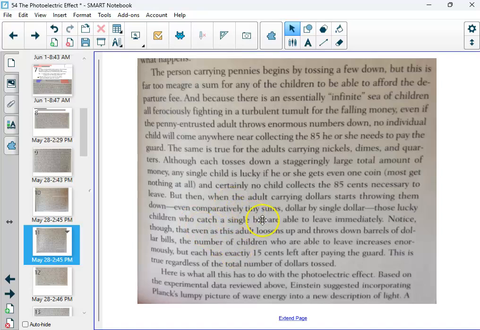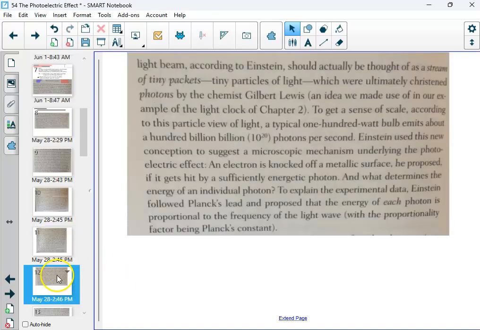So here's what this has to do with the photoelectric effect. Based on the experimental data reviewed above, Einstein suggested incorporating Planck's lumpy picture of wave energy into a new description of light. So Planck was all over the idea of the lumpy nature of energy, and this is now saying, hey, light does that too, right? So the light beam, according to Einstein, should be thought of as a stream of tiny packets, tiny particles of light, which were ultimately christened photons by chemist Gilbert Lewis. An idea we made use of in our